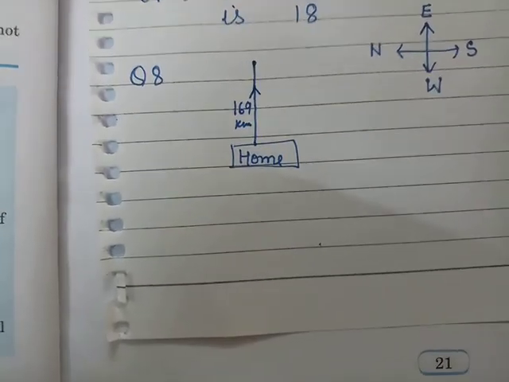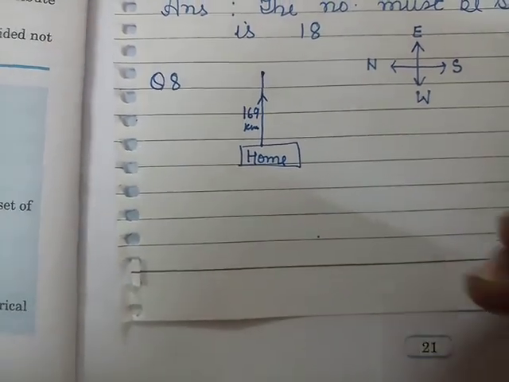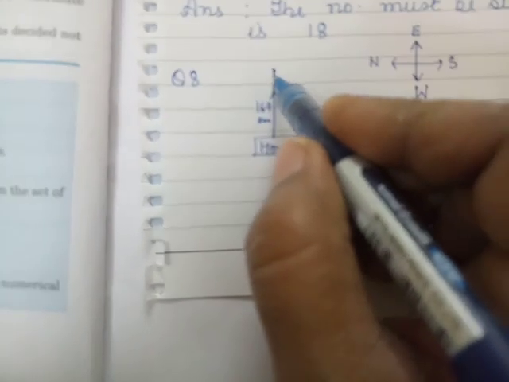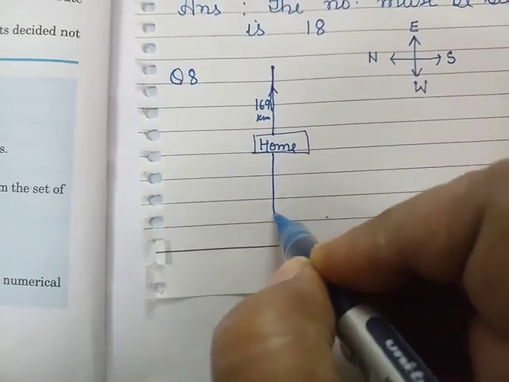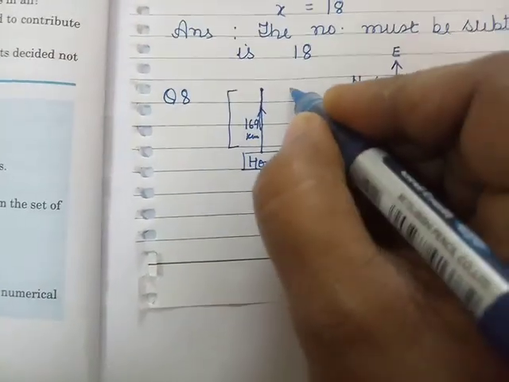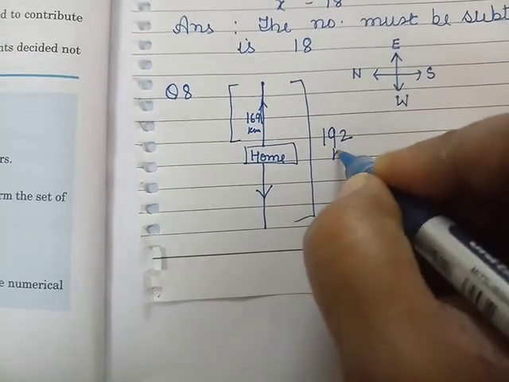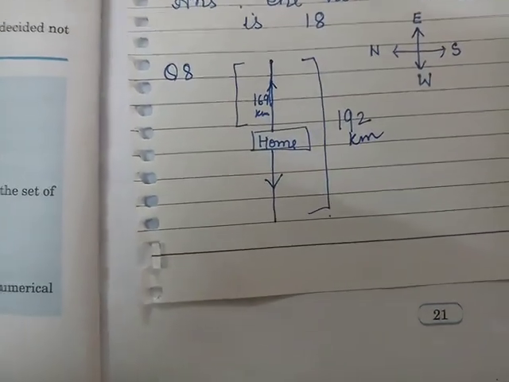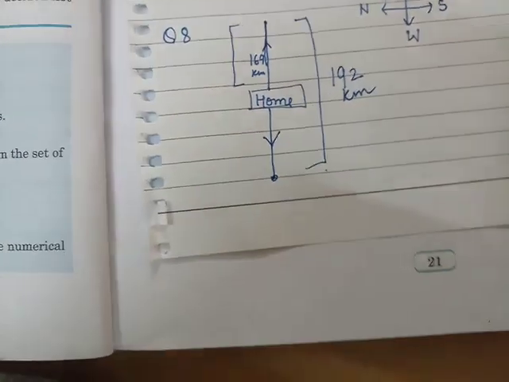And then 192 km to the west. Again he is coming back and he is moving 192 km in the west, that is without changing the direction. So we are moving downwards now in the same, and we are moving up to 192. So this direction was 169. This direction is west, and it is how much he has traveled? It is 192 km. Okay, children? So he reached at this place.